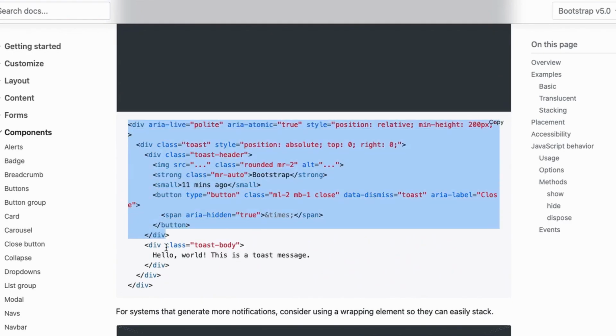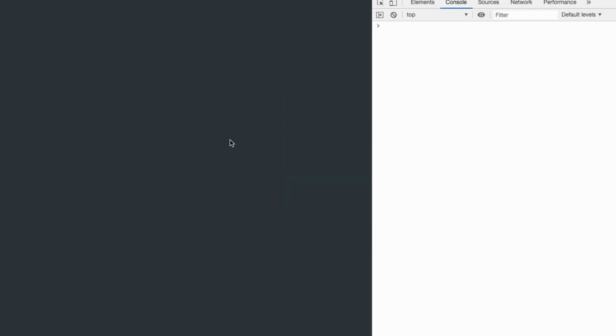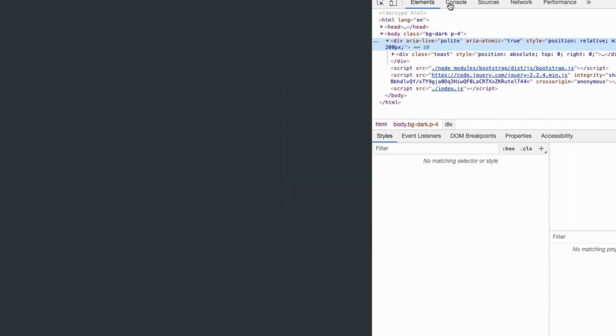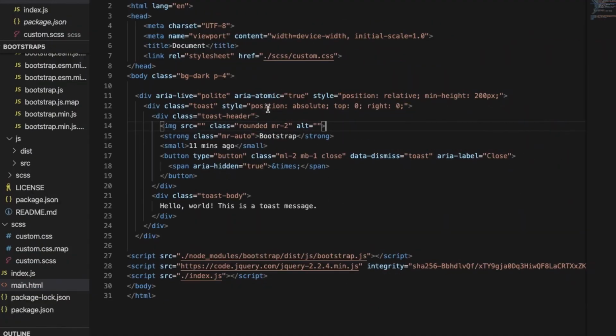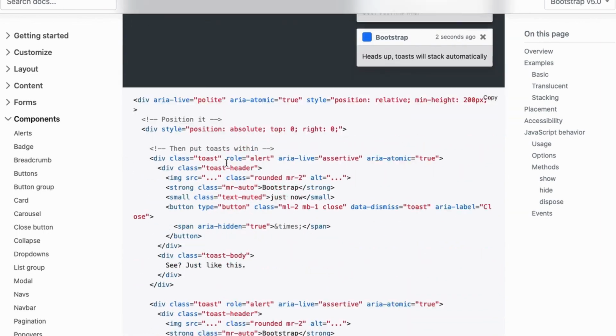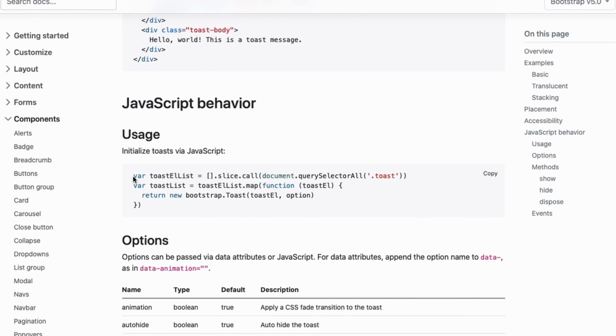We can go to the documentation and copy code for a toast. Now if you directly try to run this code on the browser, you'll see that nothing happens, because these are notifications, so they must be triggered somehow through JavaScript or some on-click button or something like that. So in order to do that, we must get hold of a JavaScript variable. For this, you can use this piece of code.